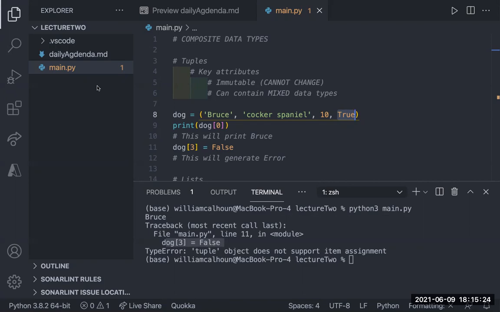But what's interesting is what's under the hood, without getting too much into how memory works. Because a tuple is a constant, once it's declared, that's what it is. It takes up that space, it's never going to take up more, and that space is never going to change. Because of that, it's very fast.